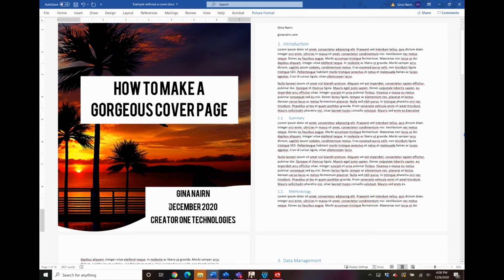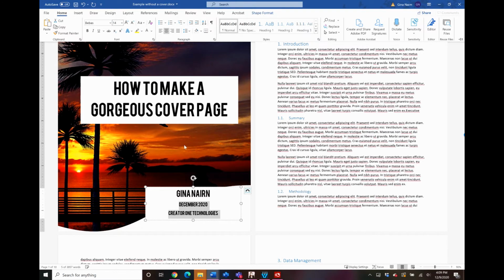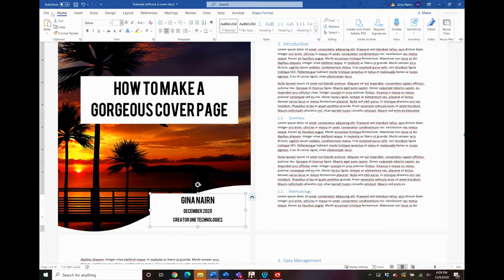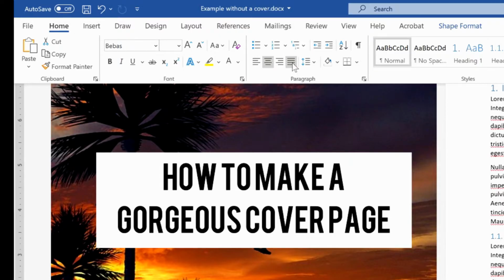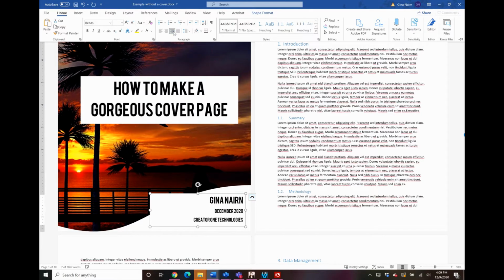First of all, let's make this font a little bit smaller. This 24 point, especially when it's printed, is actually pretty large. So I'm going to reduce this down to 14 point and bring this down a bit. And since it's in the bottom right corner, let's right justify. So we're going to go to Home Ribbon, Paragraph Group, and we will right justify, align right.